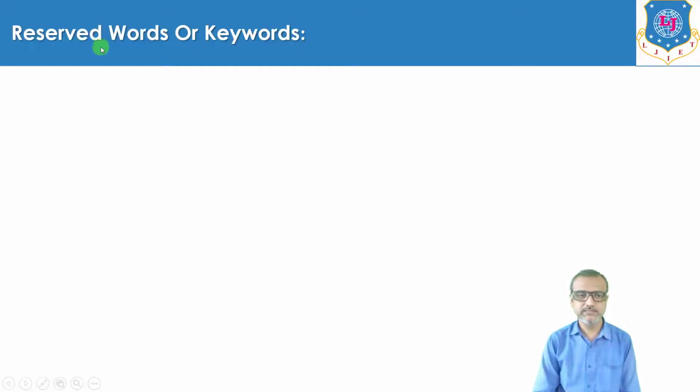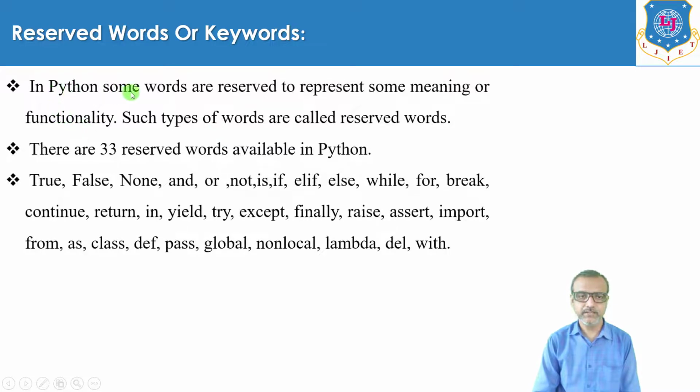First of all, we will see reserved words or keywords. In Python, some words are reserved to represent some meaning or functionality. Such types of words are called reserved words. There are 33 reserved words available in Python, and these 33 reserved words or keywords are True, False, None, and,